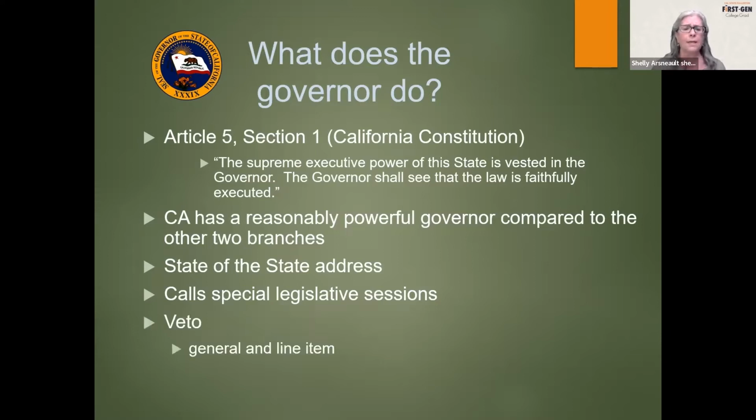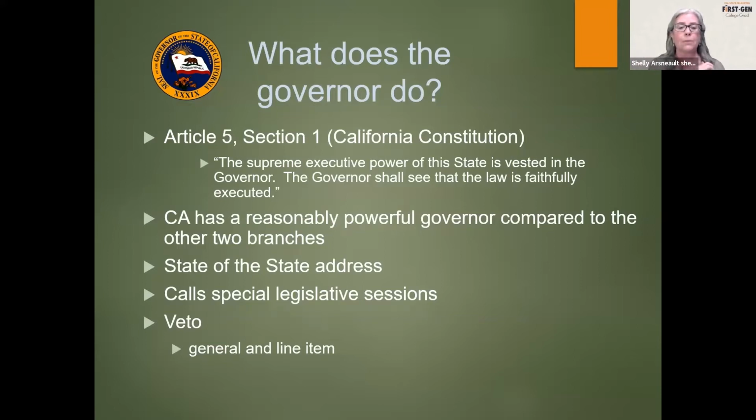Also importantly, the governor has the ability to veto, and California's governor actually has a little bit more power than even the president of the United States, because the president has sort of a general veto. Veto, of course, means that he can just say, nope, we're not going to do that. I'm not signing that piece of legislation. In California, the governor also has what's called the line item veto, which means he can scratch out literally a line. And this is in budgetary matters.